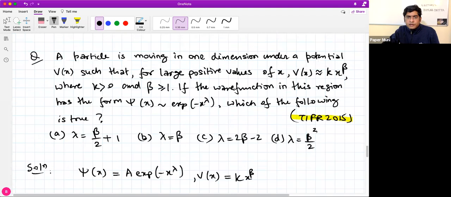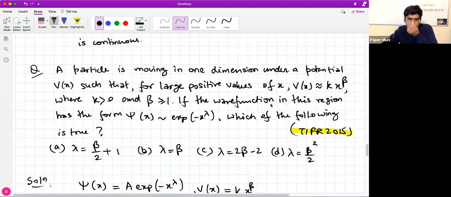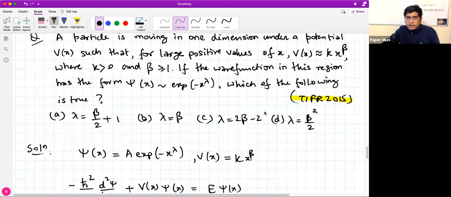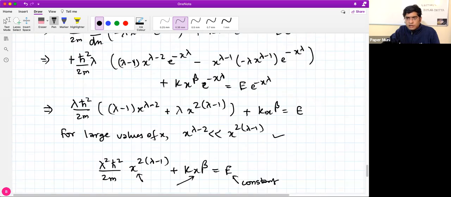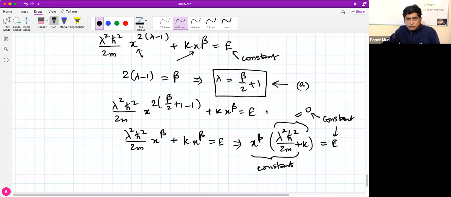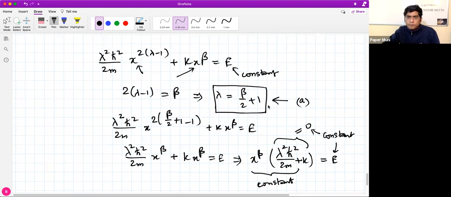Now, one thing is that the energy of the particle cannot be 0, because if this is a bound state, then there has to be a minimum energy. So yes, I get your point that there are some conclusion issues with this, but this is how you can proceed with this problem. There is no other way I can think of. All right. Okay, sir.